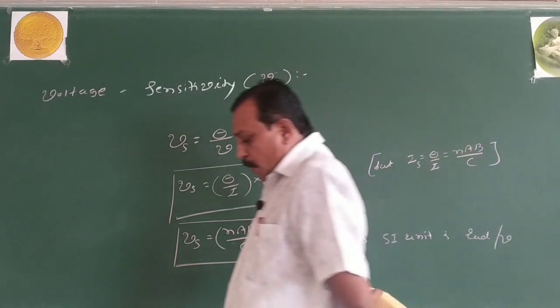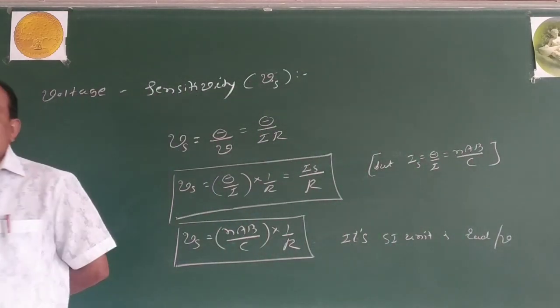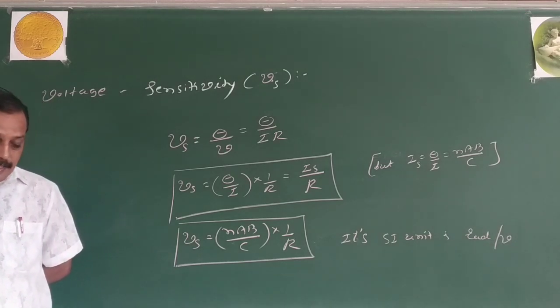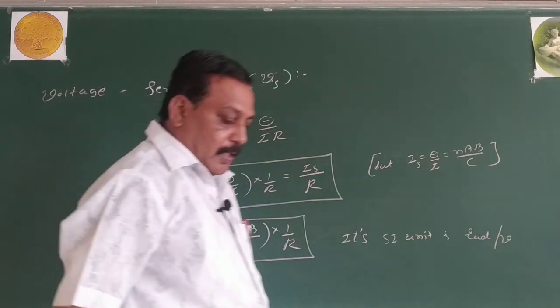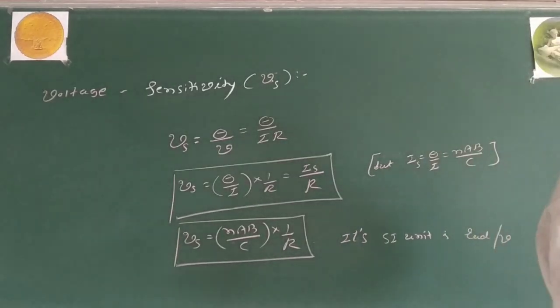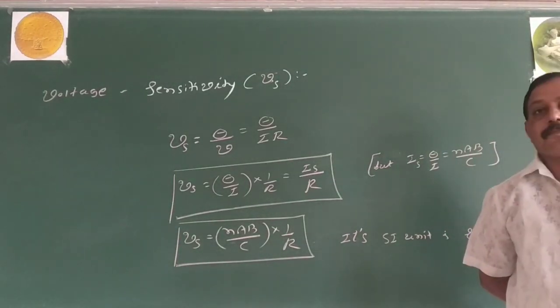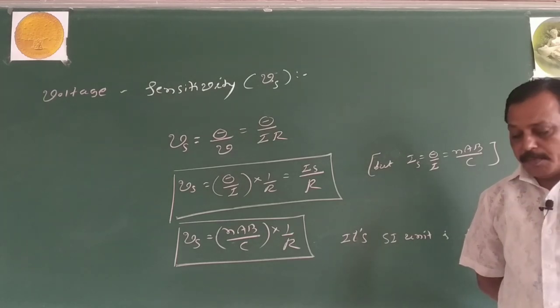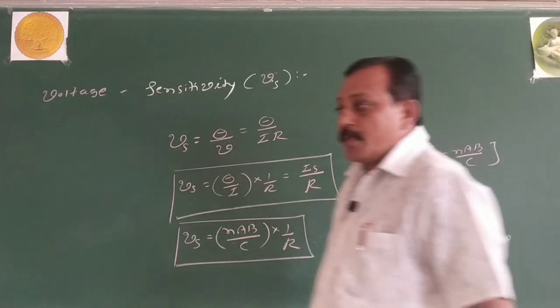Now, it is a complicated arrangement of lamp and scale to measure the deflection. It is highly time consuming to set the device, and it takes a lot of time to measure the current. And it is bulky. It cannot be shifted so easily from one place to another.